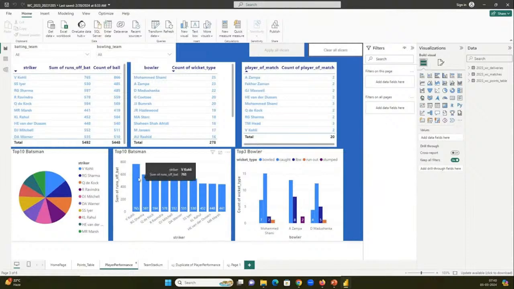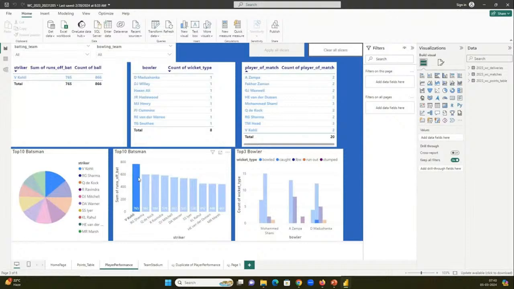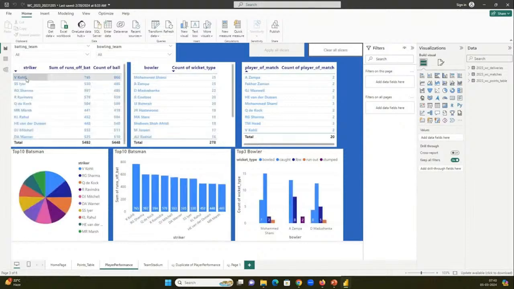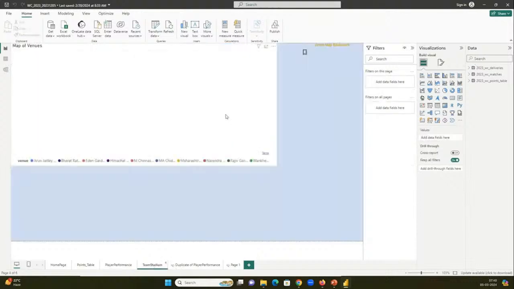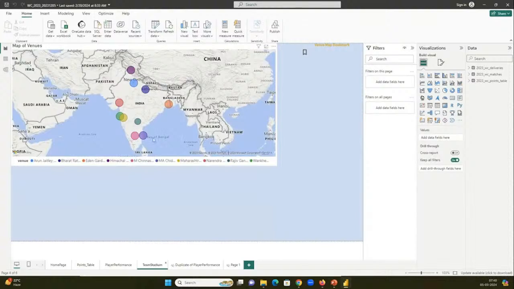And if you see, based on your interaction, the graphs also change. When you click on any particular graph, the other graphs change automatically, because all the data in the background is linked together. And if you see how many matches have been conducted in different venues, the matches have been played in